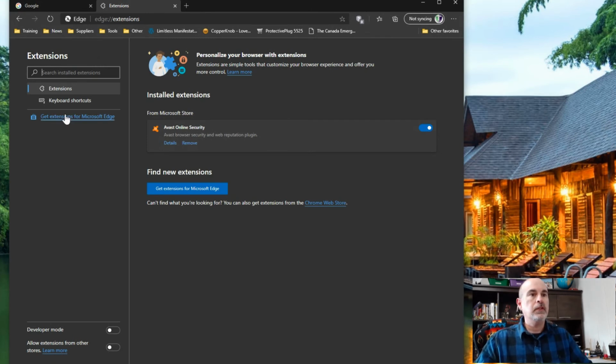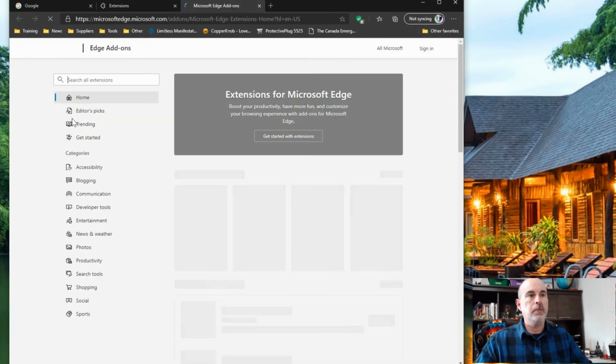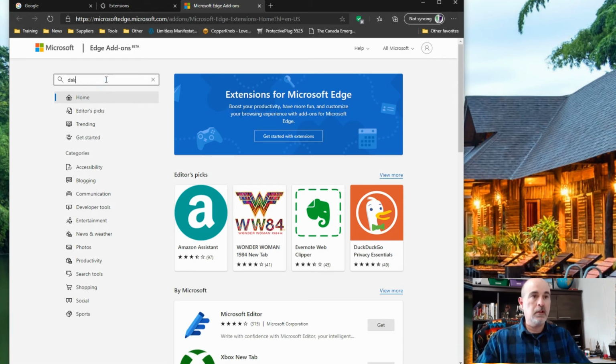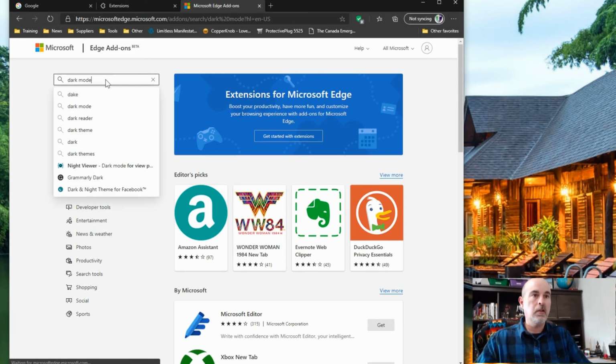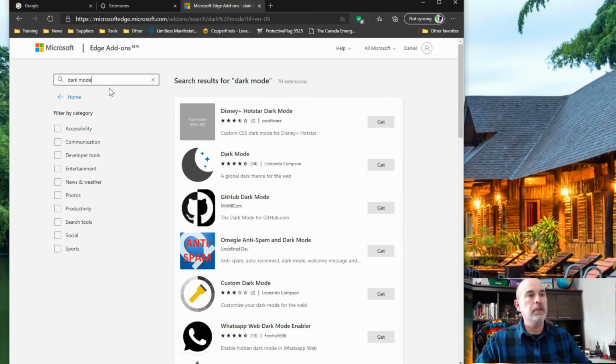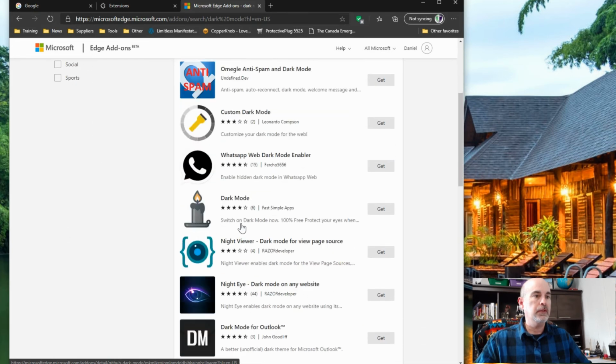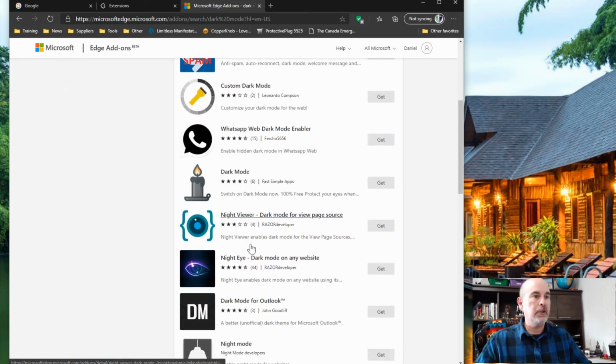You would have to go in the extensions, get extensions for Microsoft Edge. Look up a dark mode theme, and there's no options here for saying that it's from Mozilla Firefox. So we're just looking at other people's themes or extensions, looking at the rating and who it's from, or how many reviews.